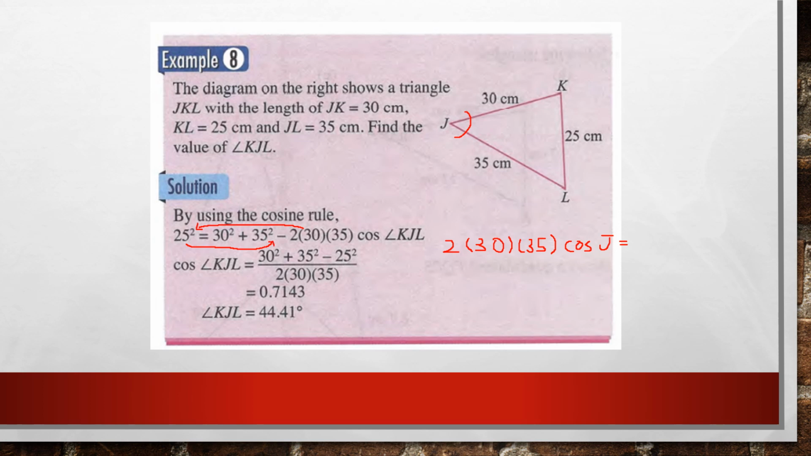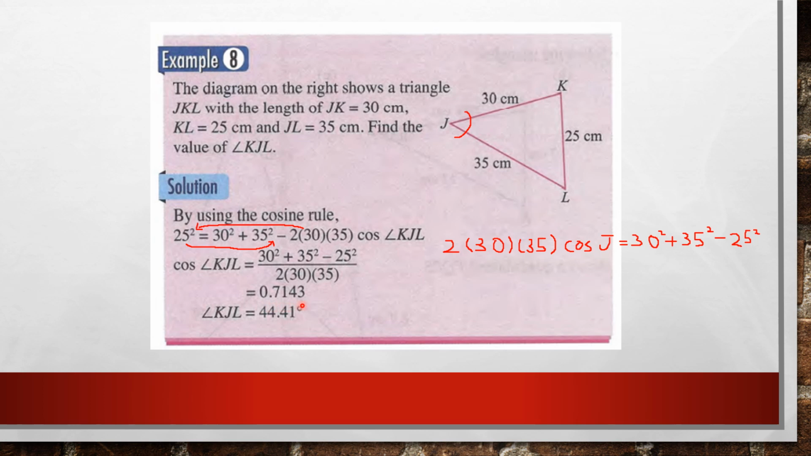You bring to the right. That means you will get 30 squared plus 35 squared minus 25 squared. Next you bring 2 times 30 times 35 to the right, so it becomes divide, divided by 2 times 30 times 35. Then you calculate and you will get